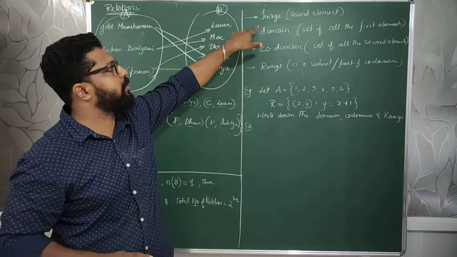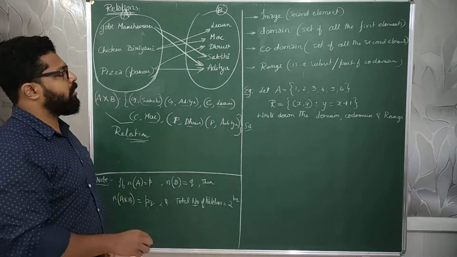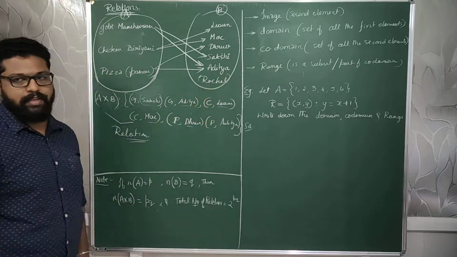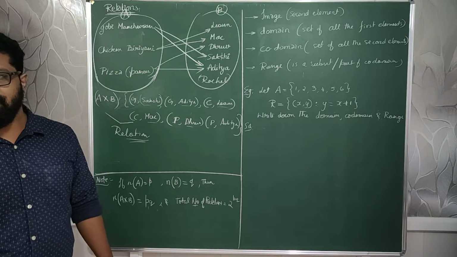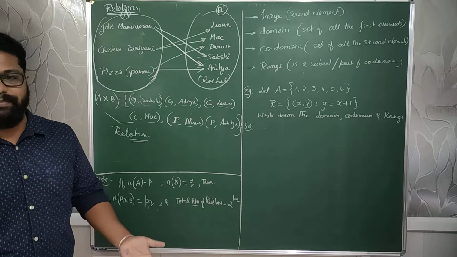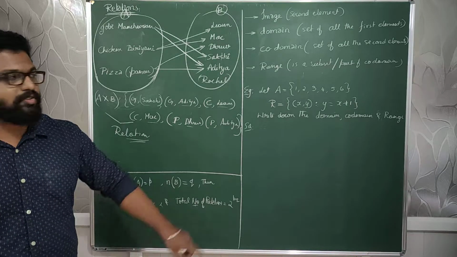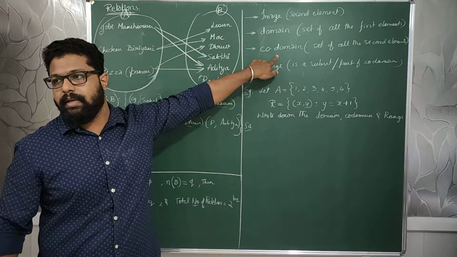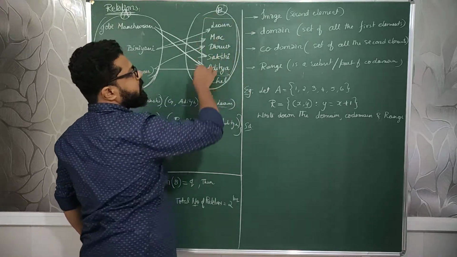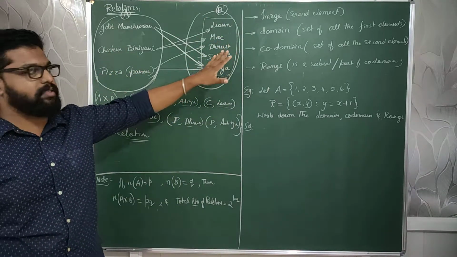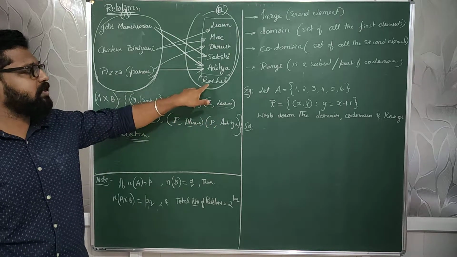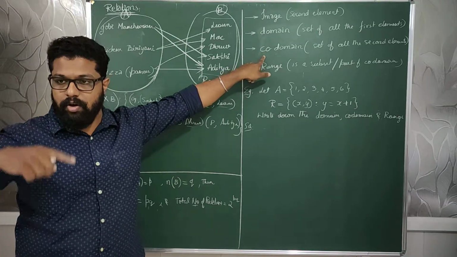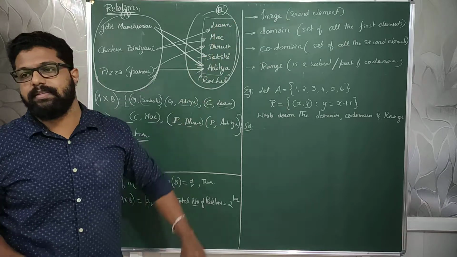What is the difference between codomain and image? You will understand clearly if Rachel was there. She doesn't want any of these things, and she is asking for burger. I am telling her I don't have it, and she walks away. Including all of y'all, it becomes the set of codomain. Right now only these are my second elements, the image, which are related with each other. Rachel just walked away, so she belongs to the codomain from all my set of customers, but she is not in the image.